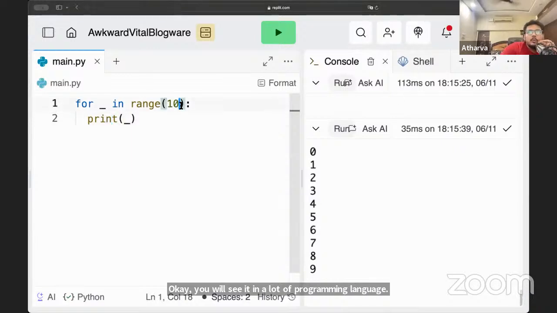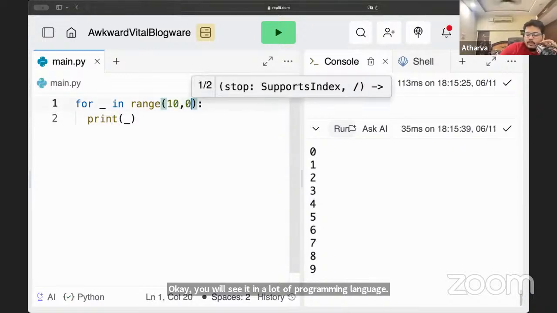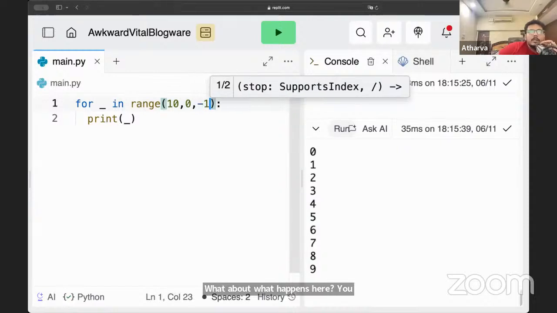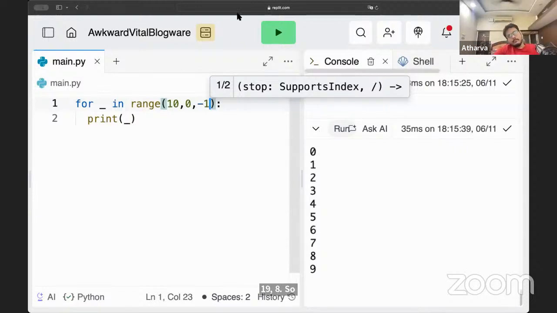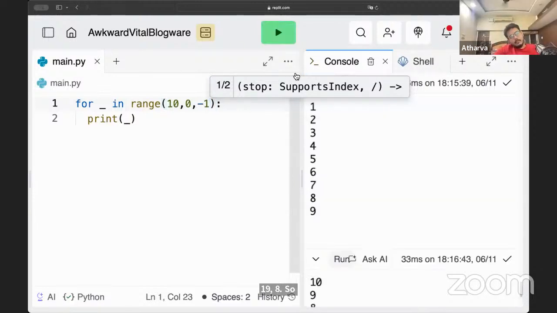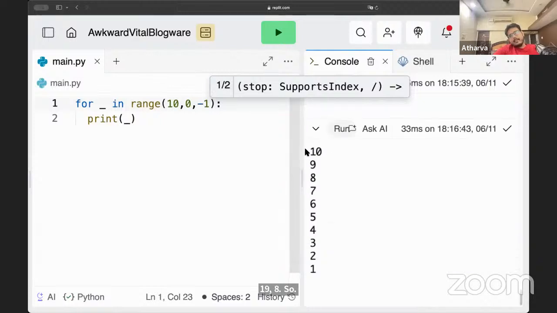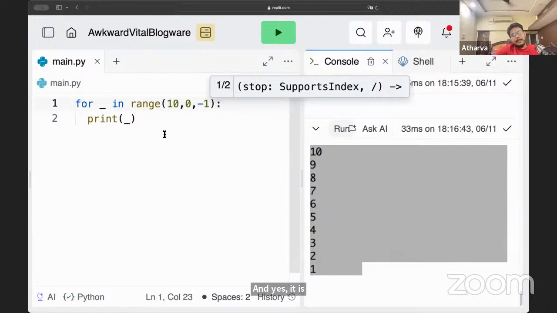What about what happens here? 0, -1. What happens here? Quickly. 10, 9, 8, 7. And yes, it is reversed, 10 to 1.